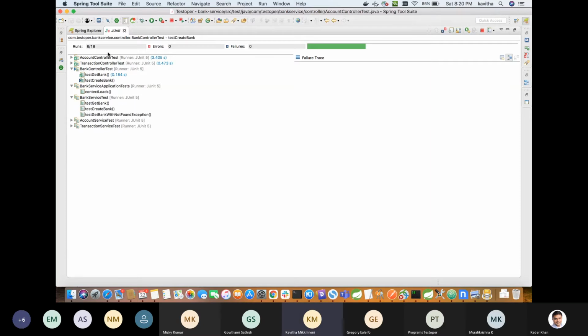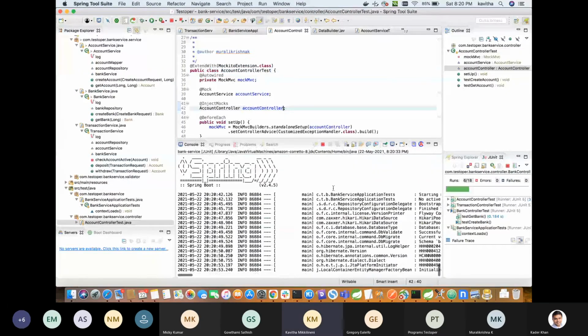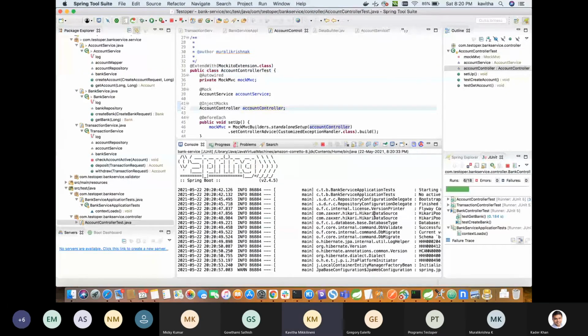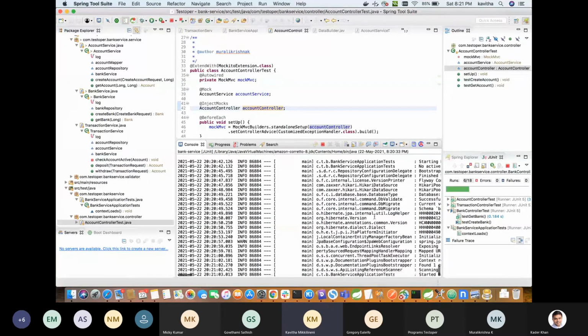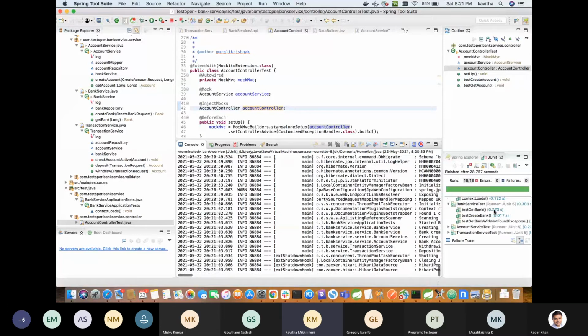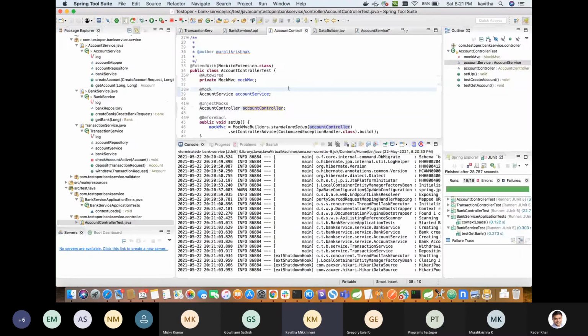If some code is failing, it'll fail the case. And there are many other integrations with JUnit, to do the coverage and more mocking and all those. But this is the simplest mocking we have done. All the input, output, response, everything has been mocked.